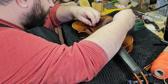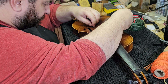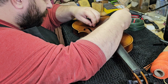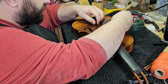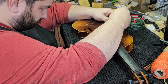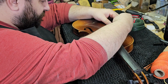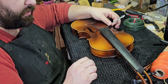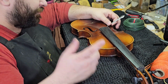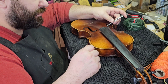And I've got it now. And all I'm doing is I'm kind of putting pressure on the bottom part of the sound post. I'm trying to get that. So it's not really working, if I'm being honest. It's not really working. But what's happened is I've got control of the sound post now. I just can't